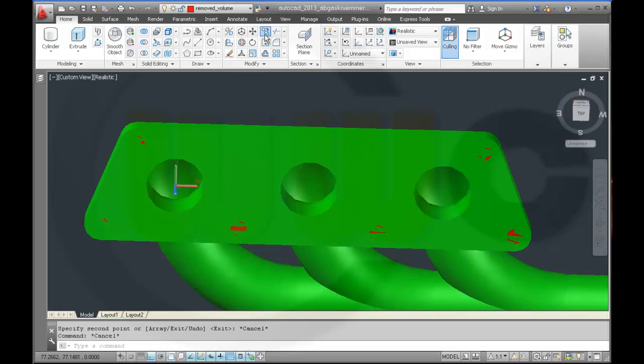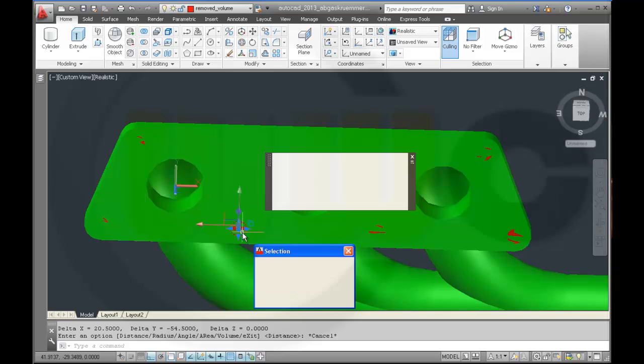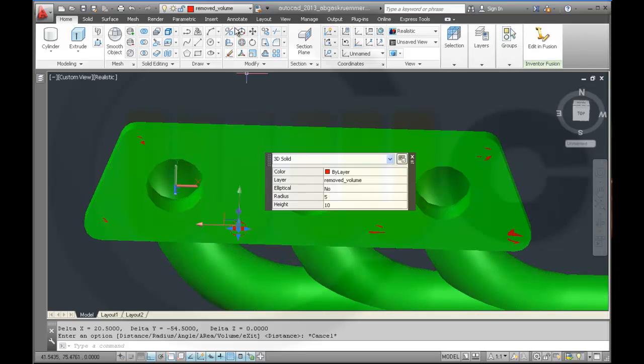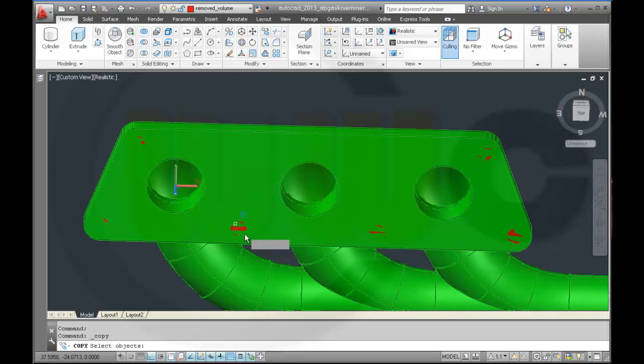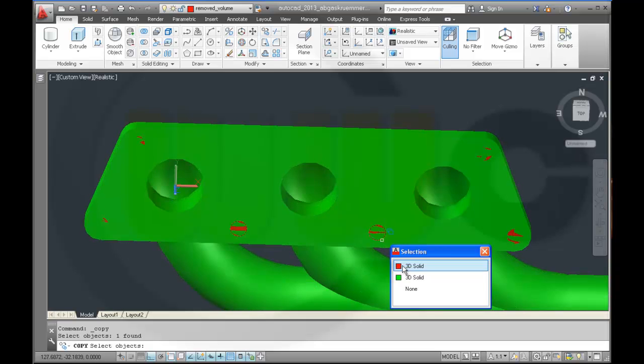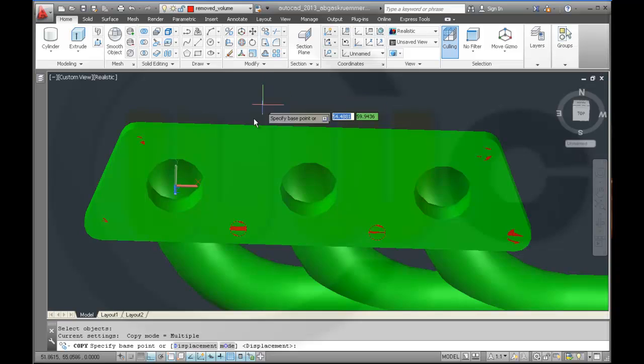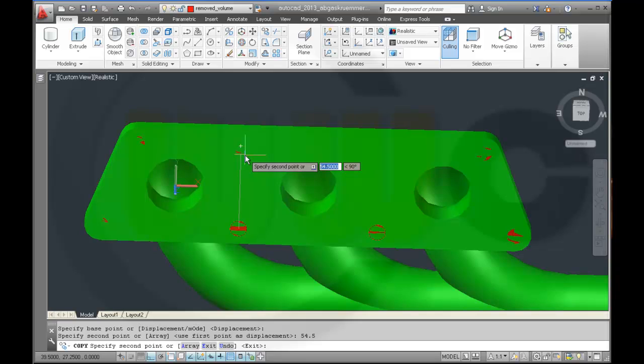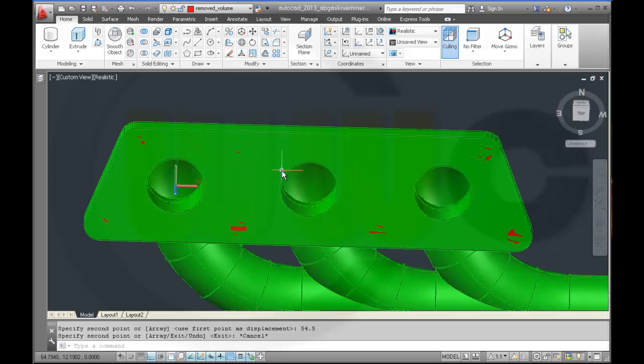And then make copies of these two. So copy of that one and that one. Enter, base point, and move it up 54.5. Why? Yeah, that's okay. Now I have to remove these 8 from